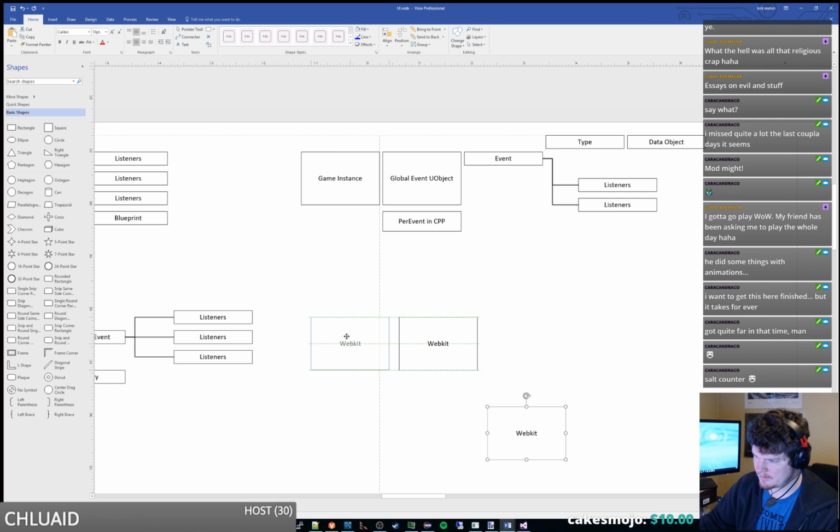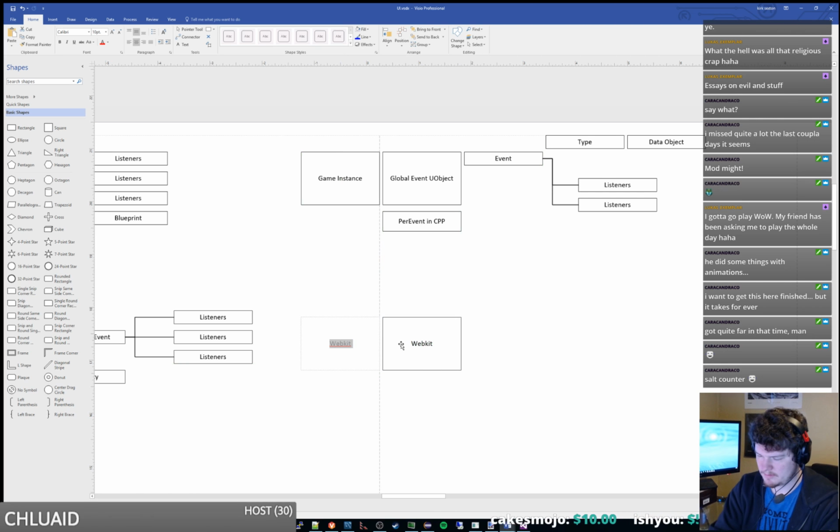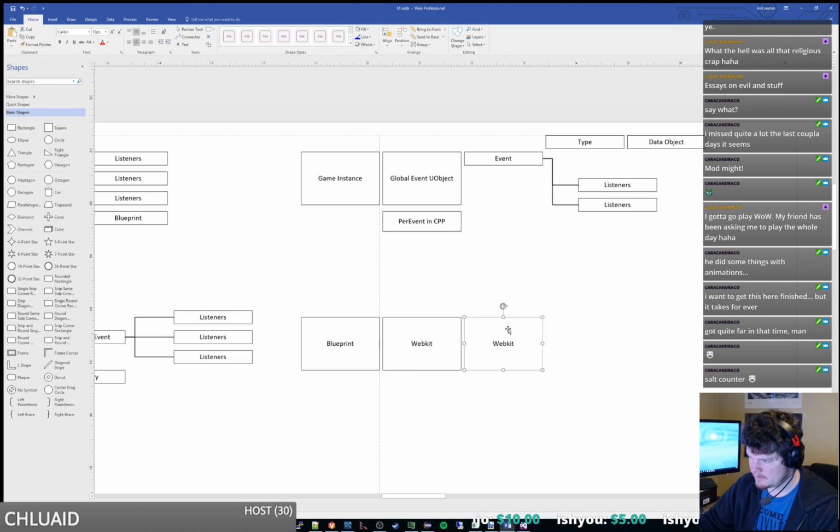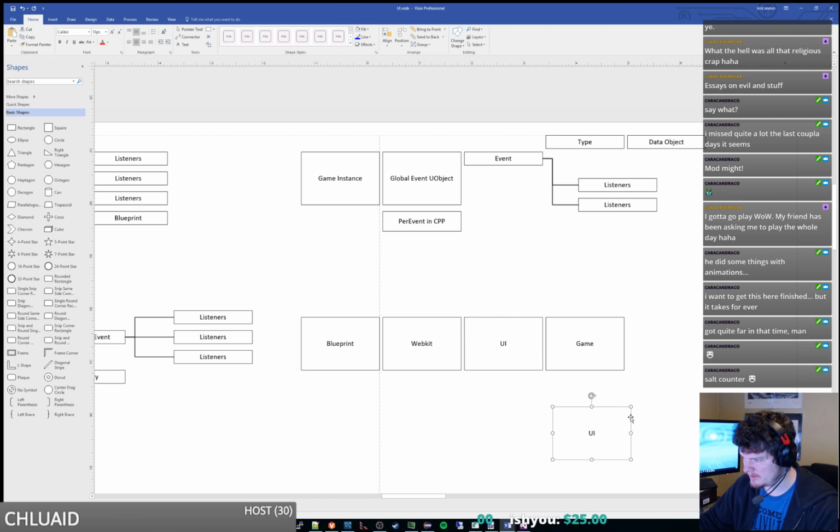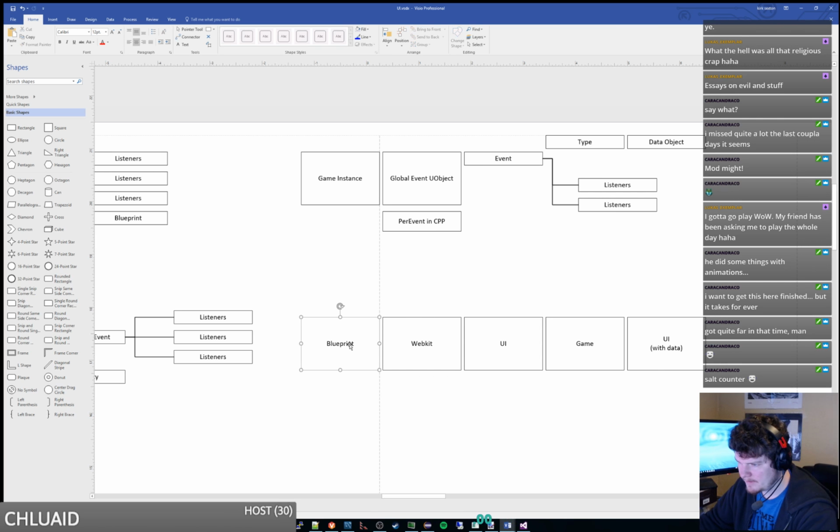So this will be like, blueprint calls WebKit, which calls the UI, which calls the game, which calls the UI again with data. It would be better if we could just not have this other call here, but I'm not sure. Alright, why don't I just take